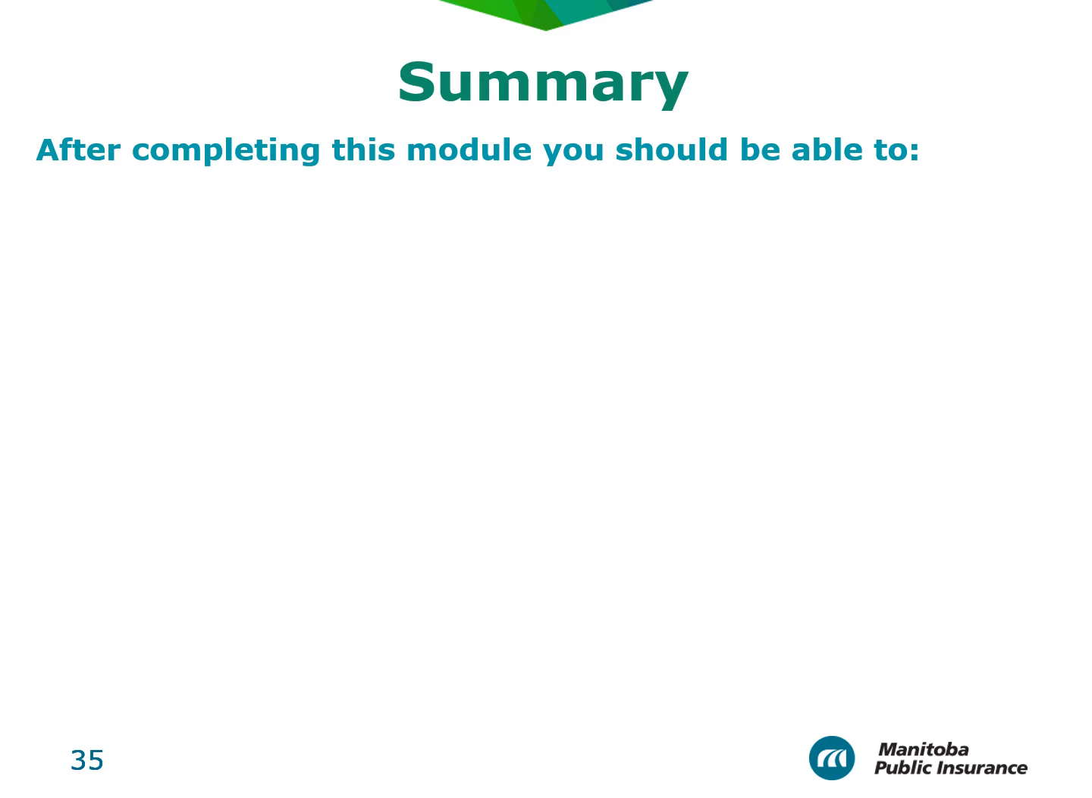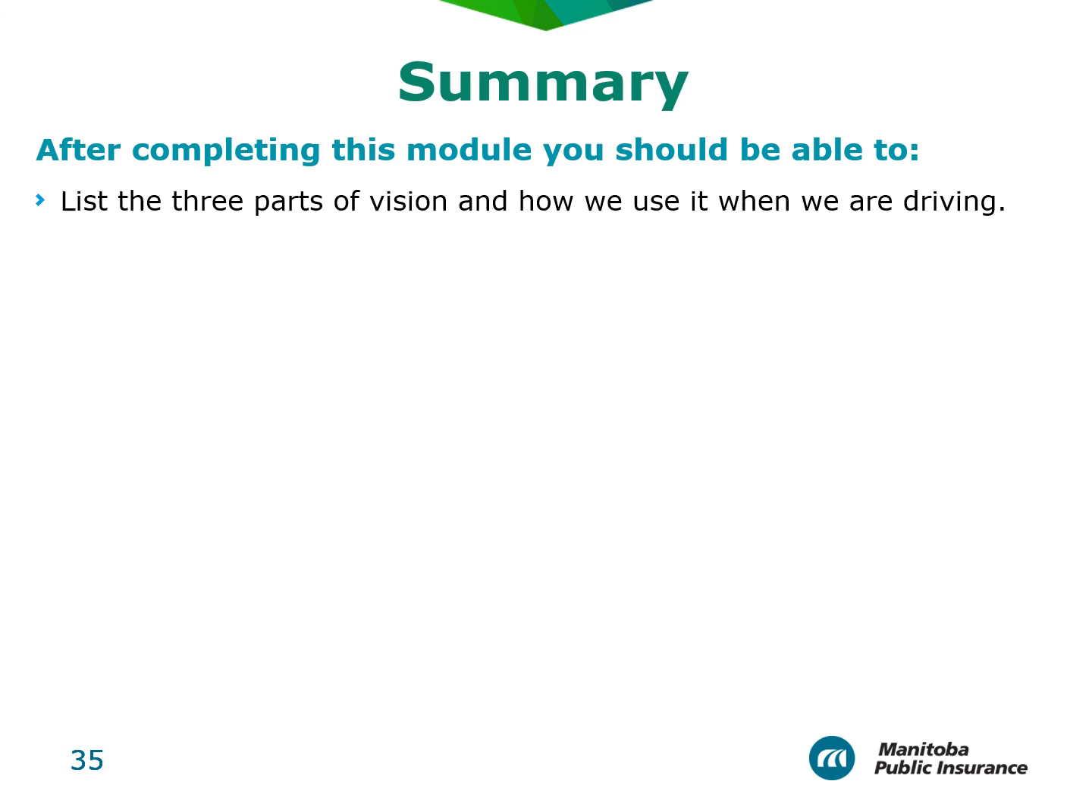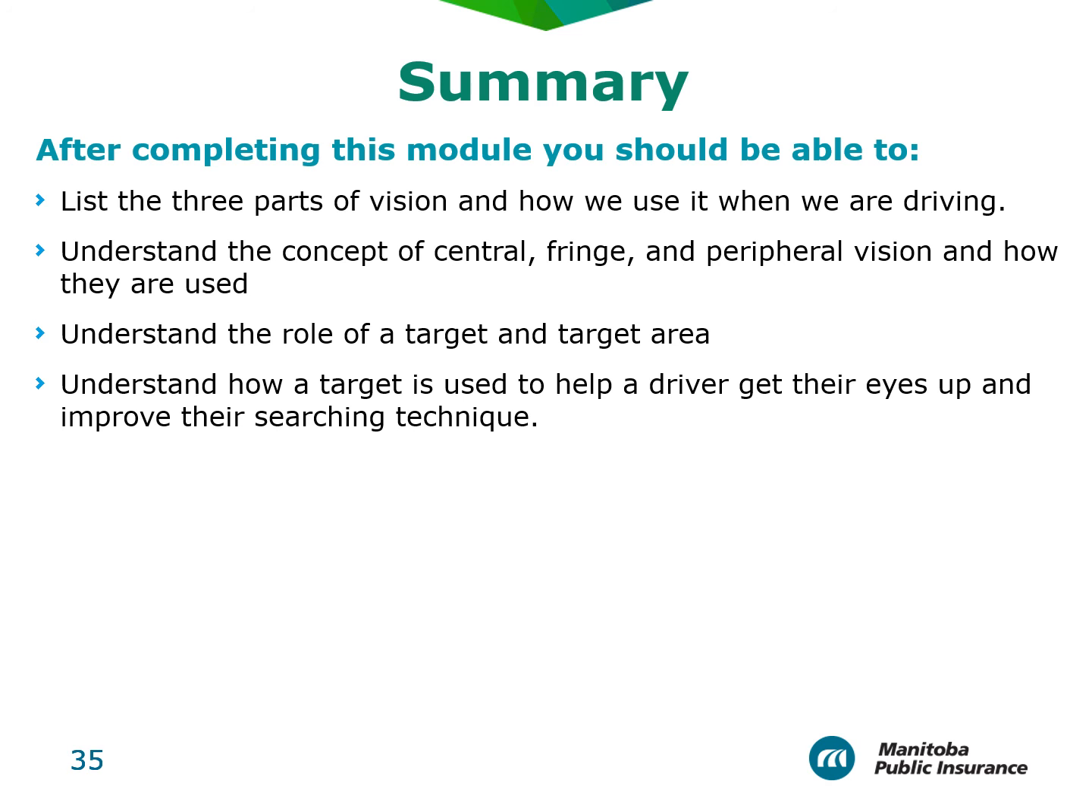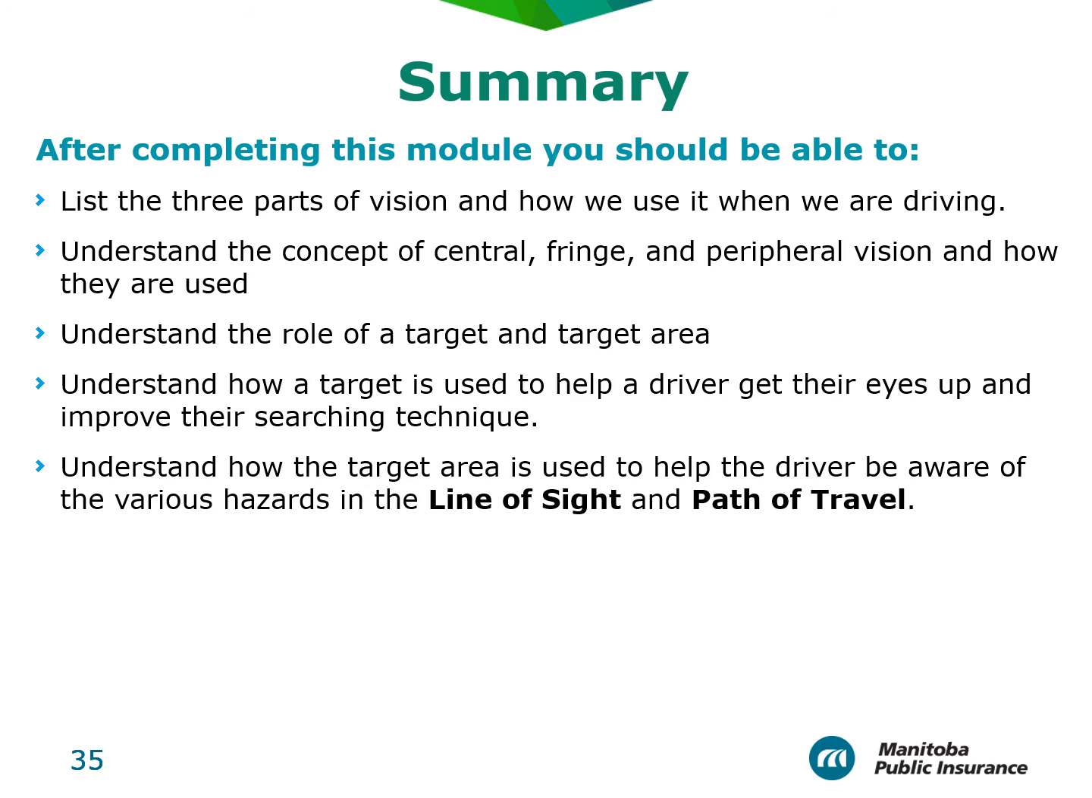In conclusion, after completing this module, you should be able to list the 3 parts of vision and how we use it when we're driving, understand the concept of central, fringe, and peripheral vision and how they are used, understand the role of a target and target area, understand how a target is used to help a driver get their eyes up and improve their searching technique,